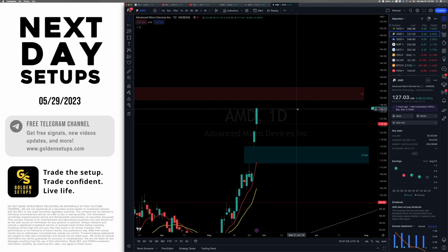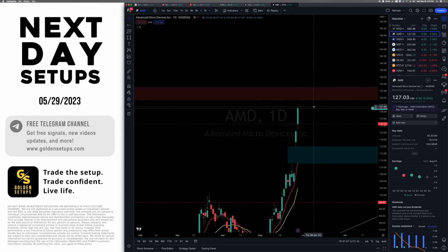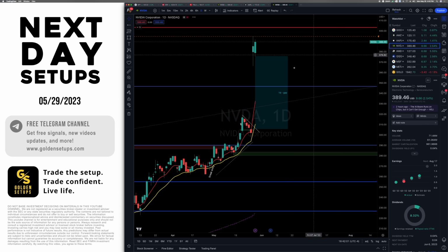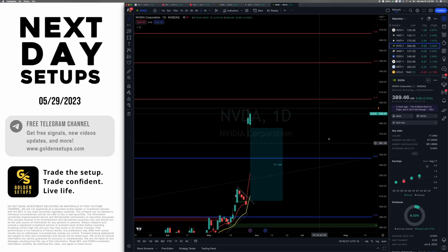But again, I might be getting ahead of myself. Right now, AMD looks strong, but I'm paying attention and watching the supply zone. Let's check out NVIDIA. All right, huge gap NVIDIA left on the daily right now. I can see a use case coming back up to 394.73, but